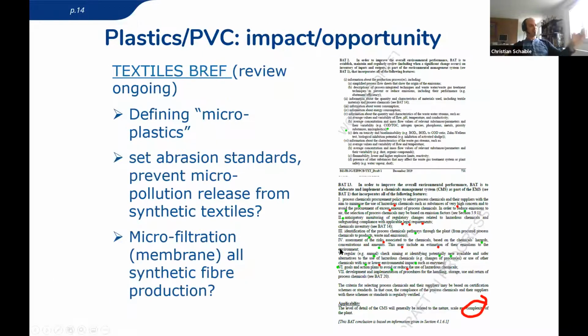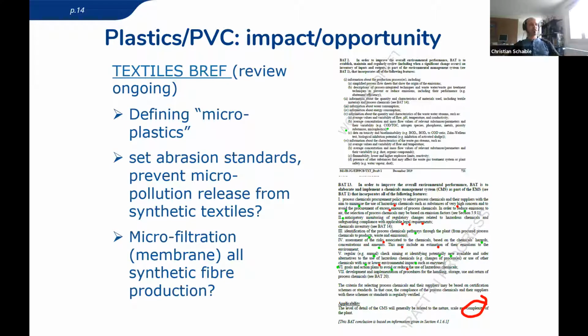Well, then textiles, moving to something which is ongoing. So I think here we have an opportunity to define what a microplastic is. I mean, it's also part of REACH. But this is also something where we currently have 2 BATs where microplastics will be addressed indirectly. As you know, 1/3 of the microplastics pollution is from synthetic textiles. So it's abrasion, and then it goes in the washing machine, it flushes out of the washing machine, it ends up in the water, etc., etc.